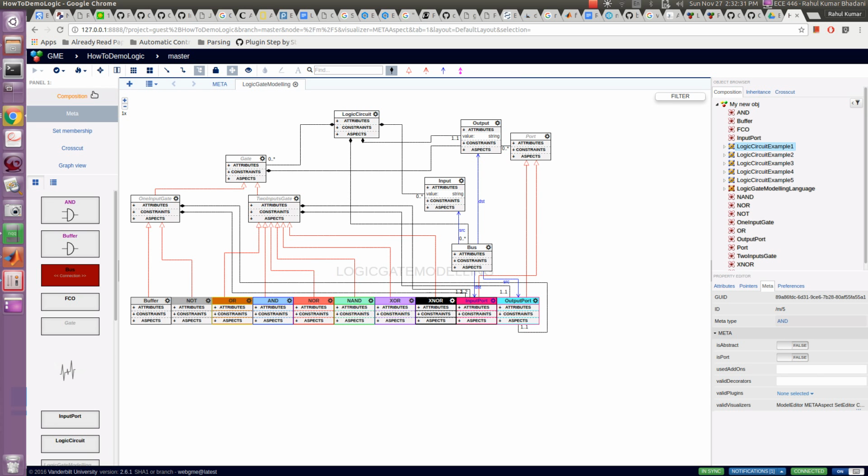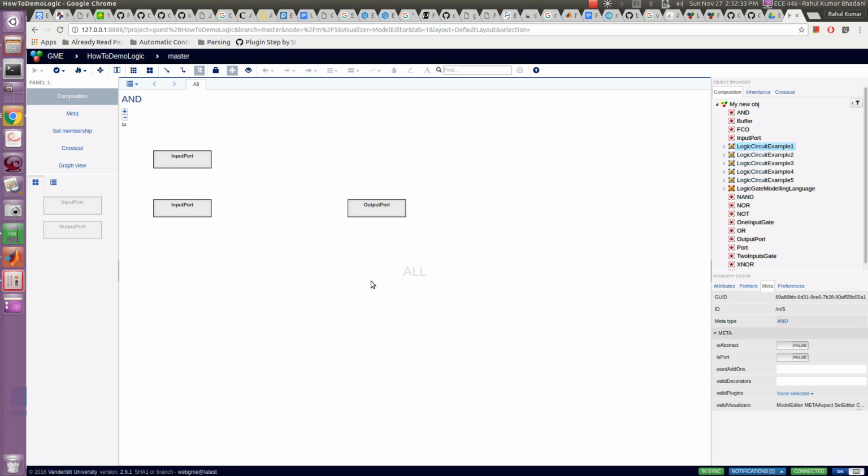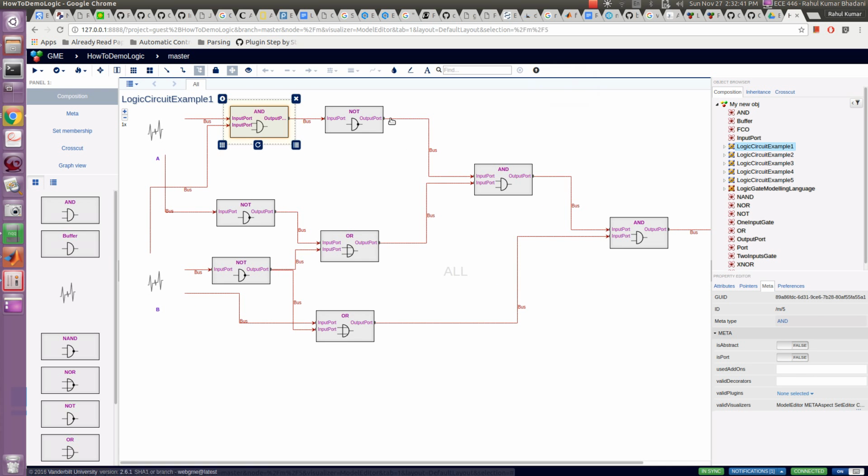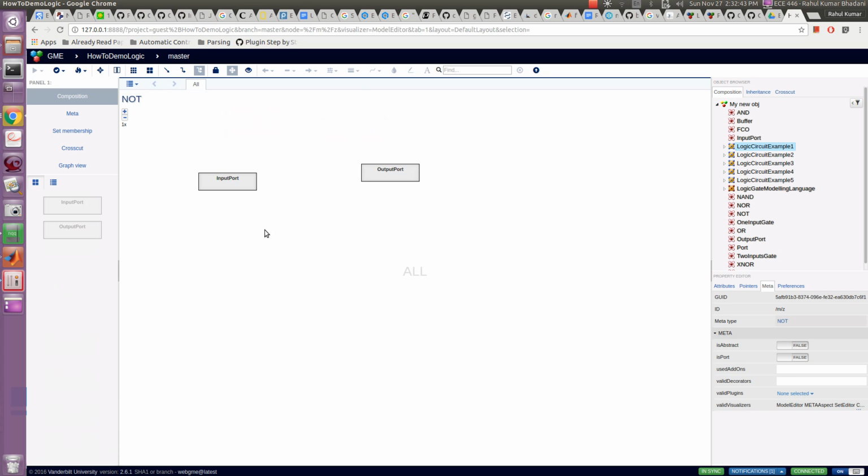So each gate will contain only 2 input port and 1 output port. This is only applicable for 2 input gates. But for example, if I have a NOT gate, the NOT gate will have 1 input port and 1 output port. So this can be easily restricted using the cardinality while defining the